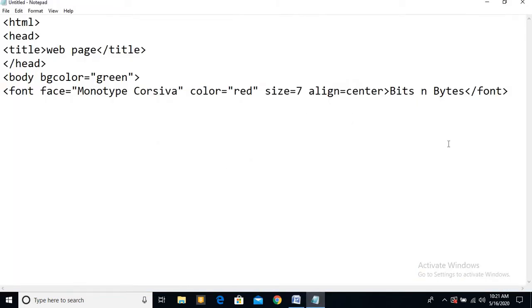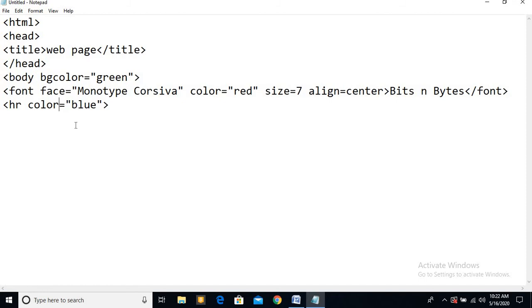So now the first horizontal row, for the horizontal row it is an empty tag, means no need to close this, we will use HR. But now they are asking you for the color also. So color we will give, COLOR is equal to blue. Okay, you can give without quotes also. Okay, so you see, color I used in this also, in this font tag also, in HR also.